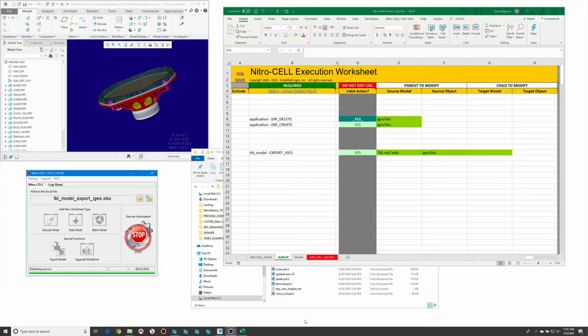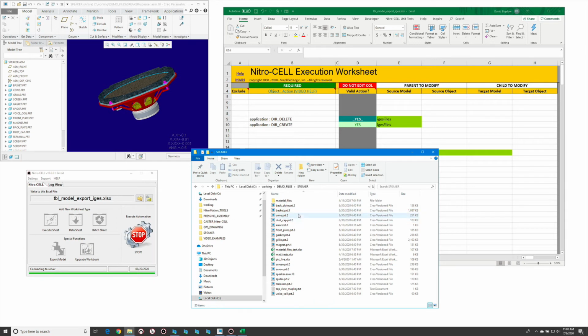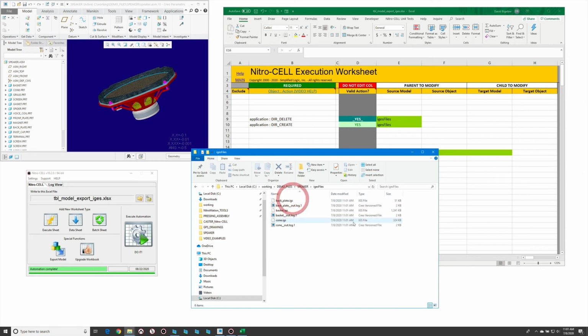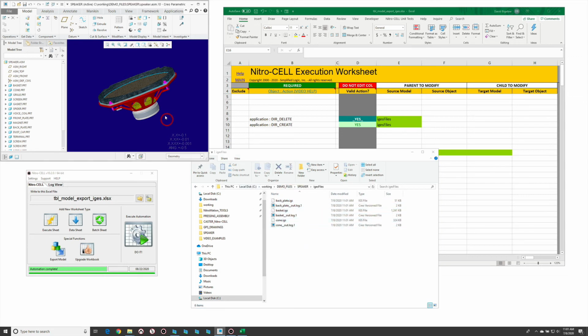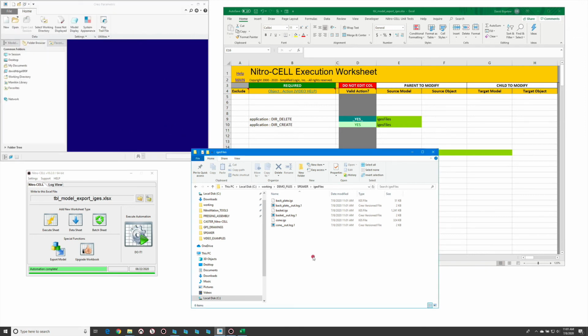Now, when I run this, you'll notice that it is going to connect to Creo, and then it is going to execute the contents of our workbook here. And it's going to start off by creating our subfolder and then going through each of those files and writing out those results. So if we clear our memory or clear our session here